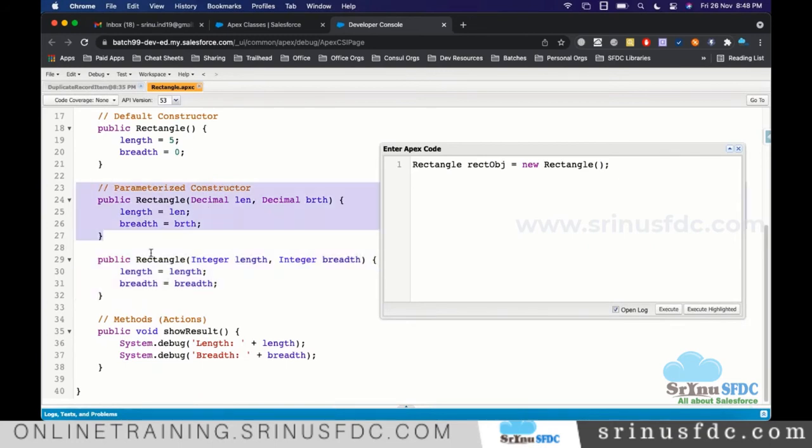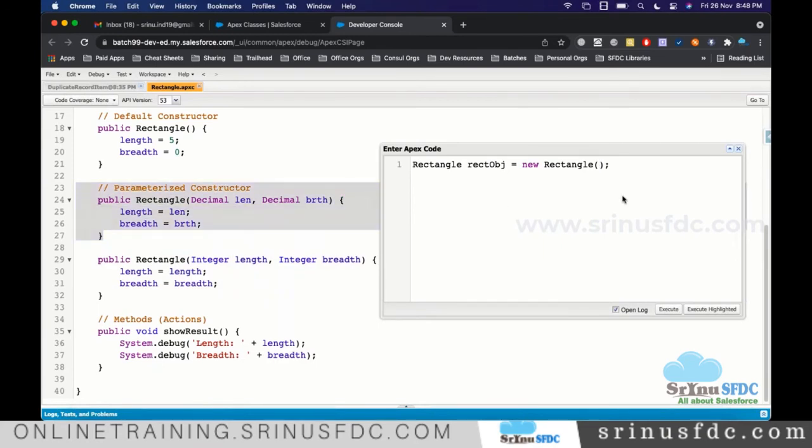Obviously it will invoke the decimal one, because the integer one does not accept any decimal, but decimals can take integer and also decimal both. When you enter both integers, it will invoke this. When you supply 1 integer value and 1 decimal value, that time also it will invoke this one.